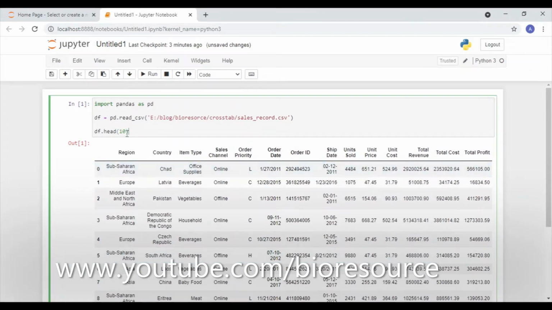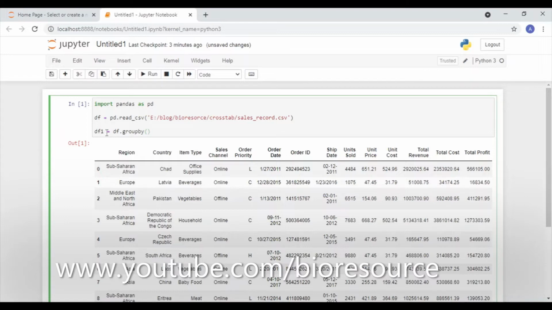Now we can use code to analyze this data or filter this data. So what we can do is we can use the pandas group by function. So we can just assign this to a new data frame. Then df dot group by.